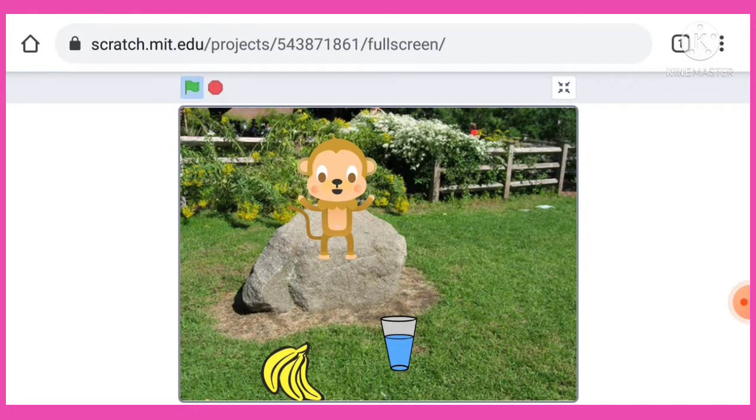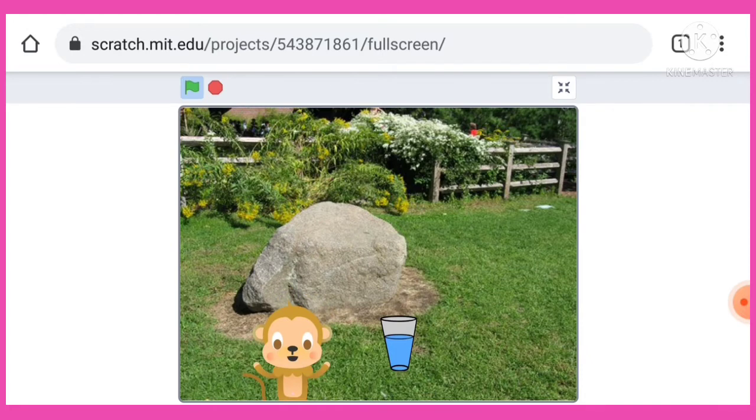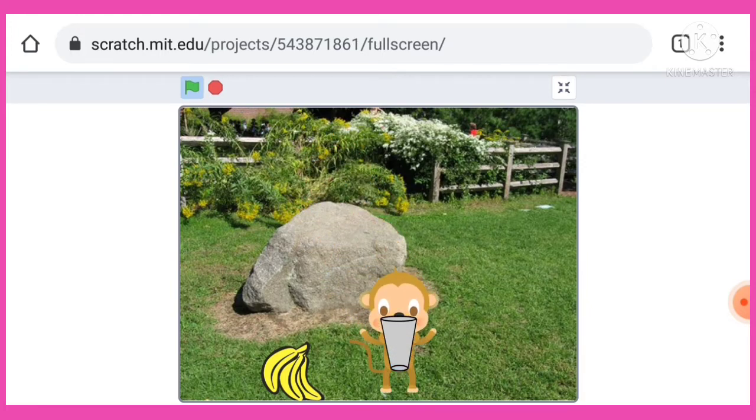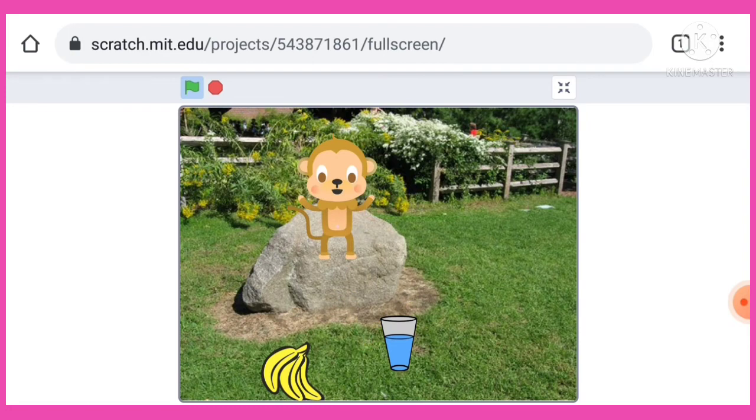Now this monkey is hungry, so he wants to eat a banana. So I will click on this banana. He ate the banana also. Now he wants to drink water, so I will click here on the glass of water. You can see how he ate the banana and how he drank the water.